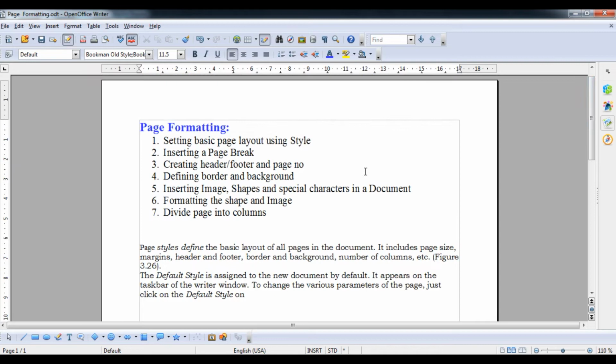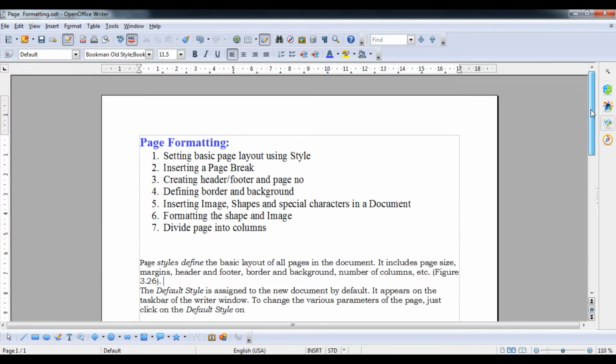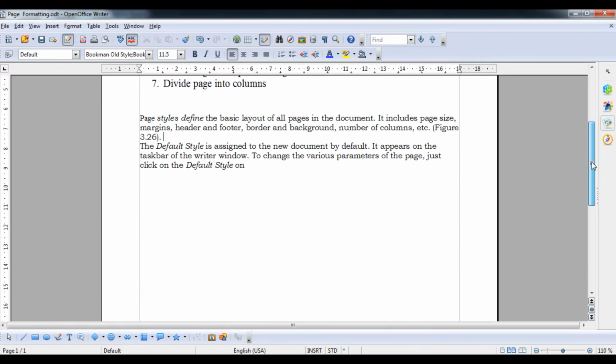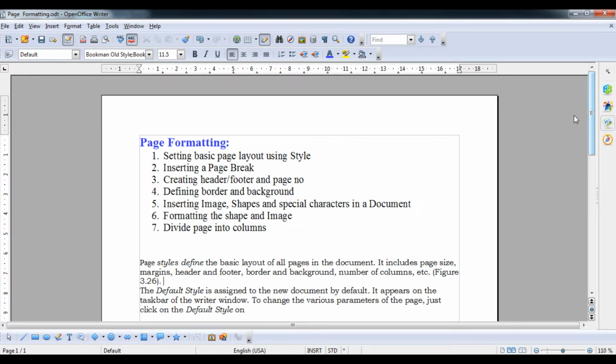Now we are going to talk about the next thing, creating header and footer and page number. Before that, let's understand what header and footer are. Header and footer are information in a page which appears again and again with the same or continuous information, like page number, date, or presentation name.